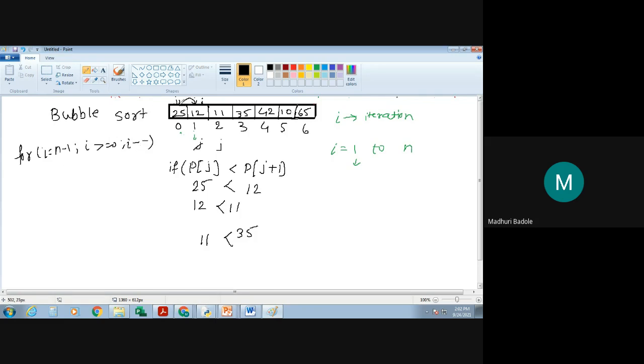You are going to reverse the condition. Whether you arrange in ascending or descending order, print accordingly in the manner you want.